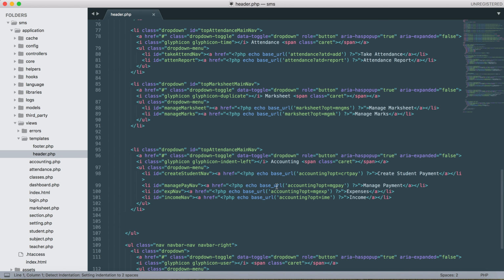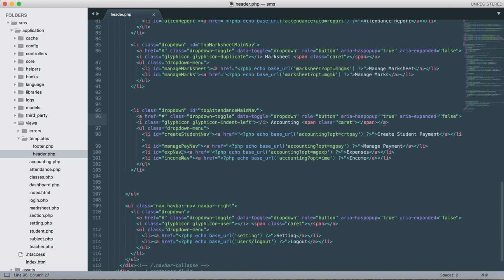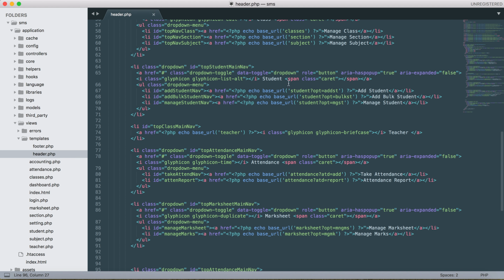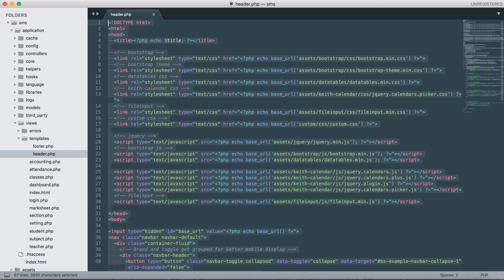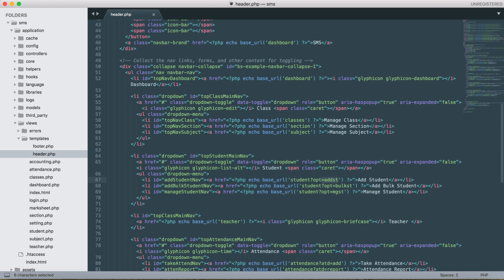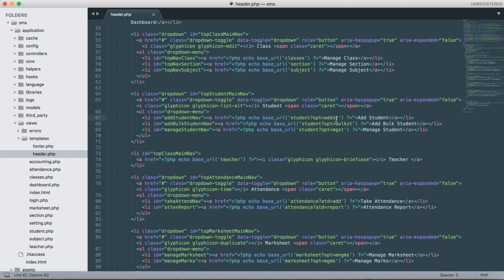As you can see in application, views, templates, header part, we have already added this section. You can see that this is for a single student, this is for bulk students, and this section is for managed students. So